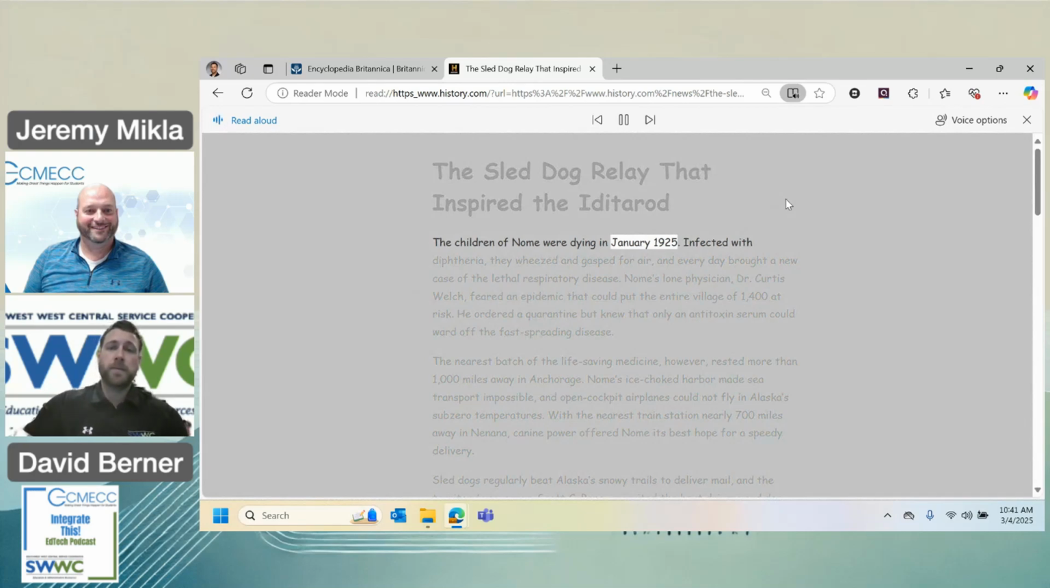January 1925. Infected with diphtheria, they wheezed and gasped for air, and every day brought a new case of the lethal respiratory